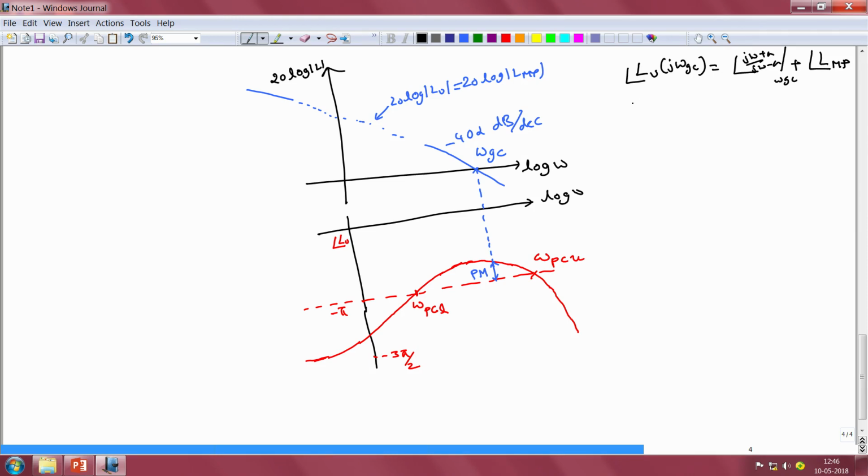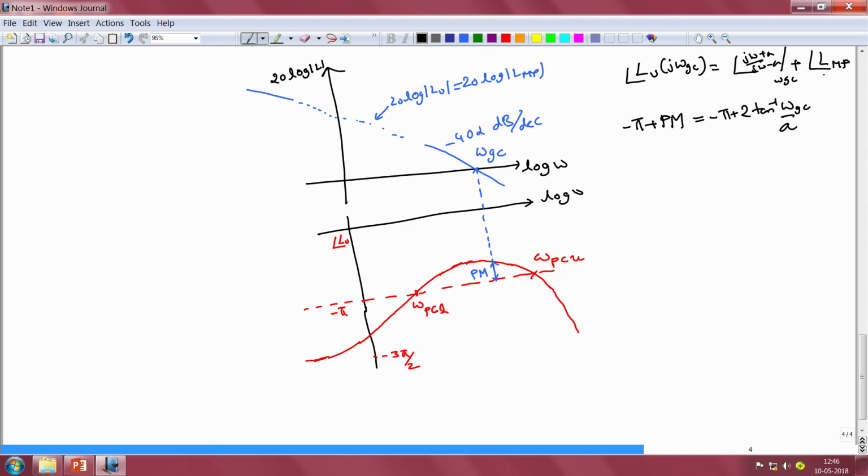And from the graph here we note that the angle of Lu at omega Gc is given by minus pi plus the phase margin that we have specified, and we know that the phase of the Blaschke product at any particular frequency omega is given by minus pi plus 2 times tan inverse omega by a, and at the gain crossover frequency it will be 2 times tan inverse omega Gc by a,